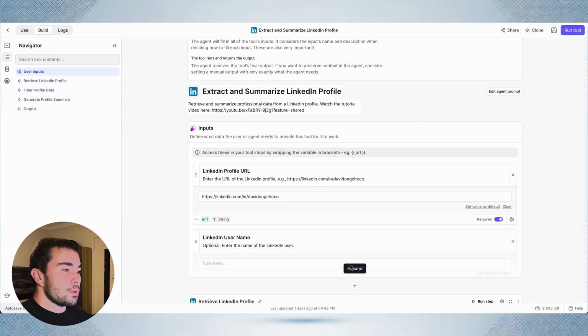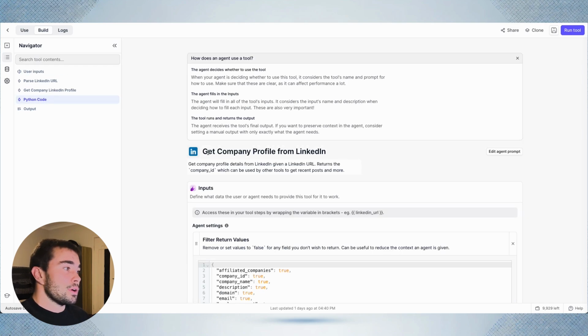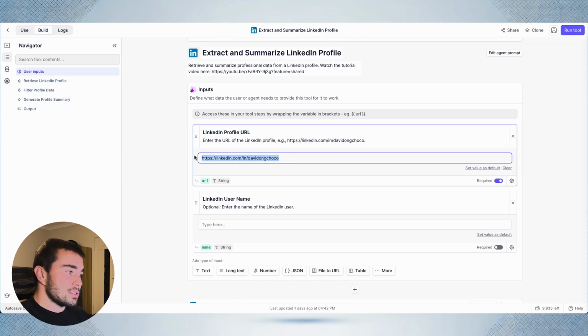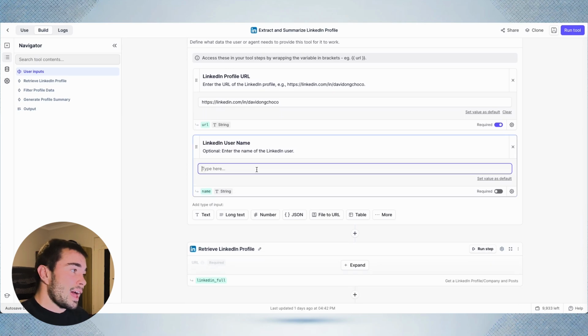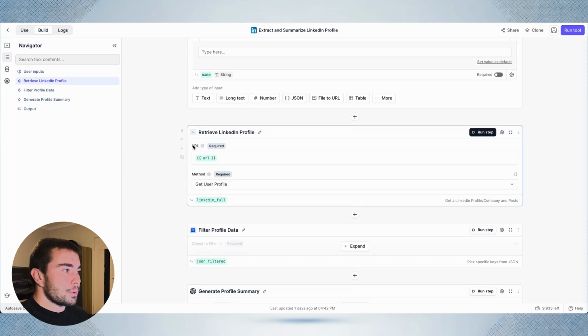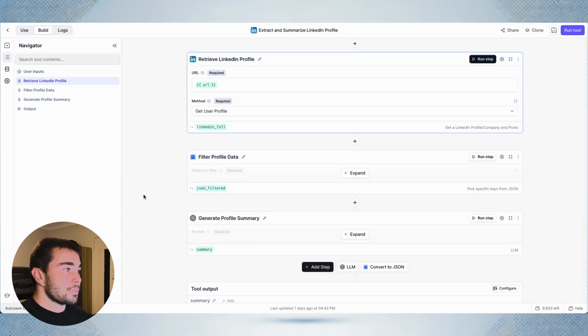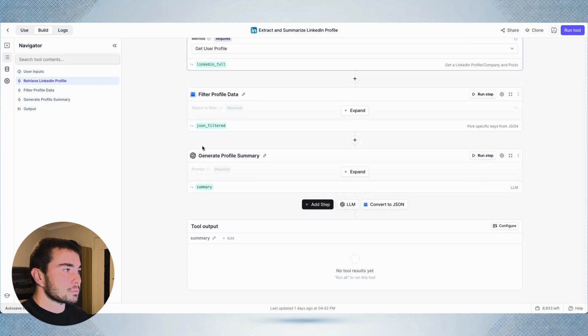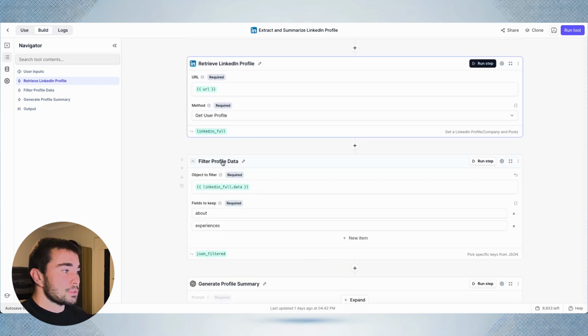But yeah, this is the tool that we're going to use, the extract and summarize LinkedIn profile tool, and also the get company profile from LinkedIn. So how this works, it submits the LinkedIn profile URL. It's an example here. And then you can add the name if you want to, but that'll be fed into here. And then retrieve LinkedIn profile gets the URL from here, and then filters the profile data,